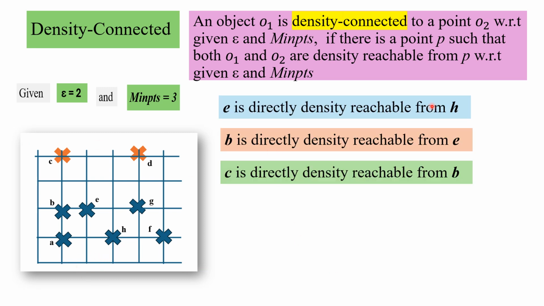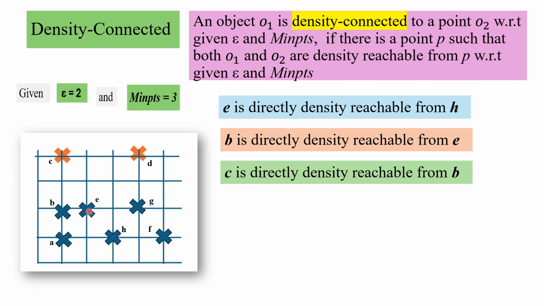Now this is trivial for you by now because you know E is directly density reachable from H. See, look at H. H has in its neighborhood G, E, A and F. We are not going into these details. We know by now what is epsilon neighborhood. So E is directly density reachable from H. B is directly density reachable from E. See, all of these are core points. H is a core point, E is a core point. You can verify this by counting the